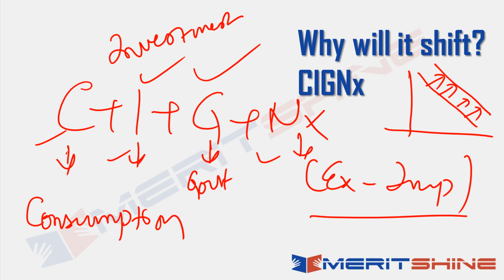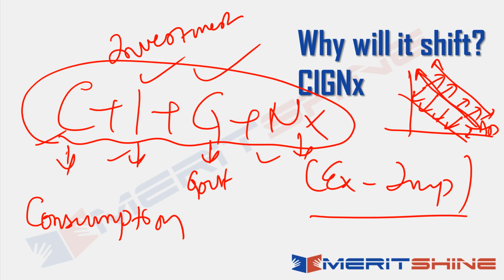Just the opposite. Consumption decreases, this will shift downward. Investment decreases, government expenditure decreases, export decreases or import increases, this will shift downwards. Okay, so this is aggregate demand. Outward shift and inward shift will happen because of these. Okay,